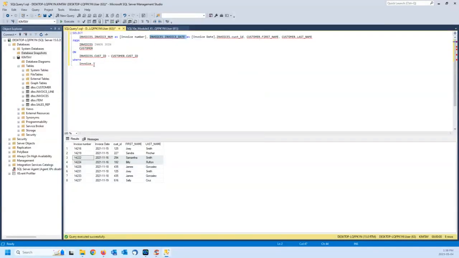Keep in mind, I'm not going to use the alias now because the alias of this column is created in this query. Invoices.invoice_date is equal to,